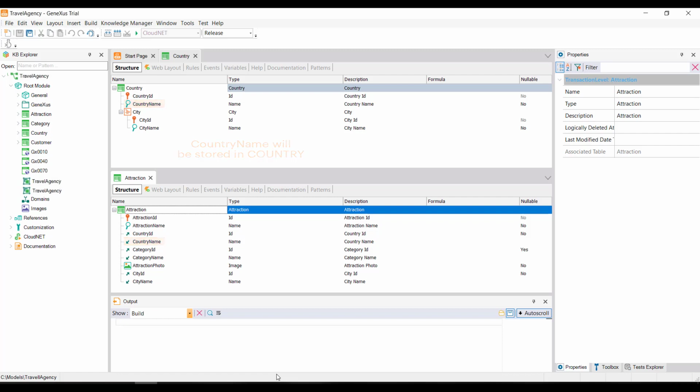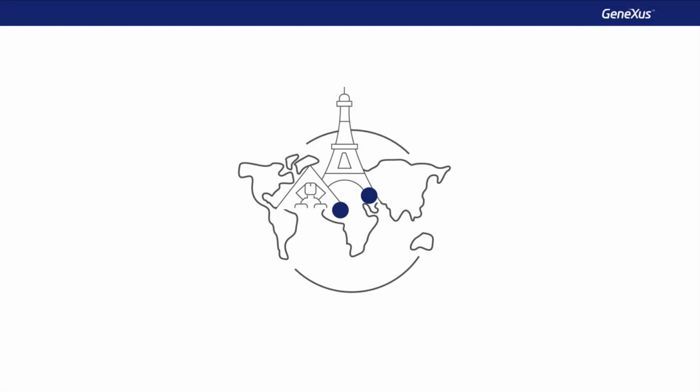We can then say that Genexus always assumes that, if we use the same attribute name, then we are representing the same concept. However, there are cases where we might need to use different names for a single concept and indicate to Genexus that the two names have the same meaning. Let's see how this works.